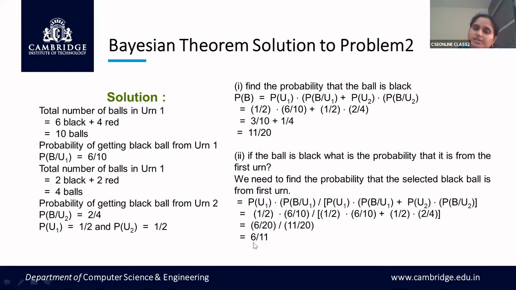So now if a question is asked for urn 2, directly you can subtract 6 from 11. So 5 on 11 will be from your jar 2 or urn 2. So here you have applied the maximum likelihood. So the maximum likelihood of drawing that particular instance is part of the denominator, and whatever you want to calculate will be your numerator.